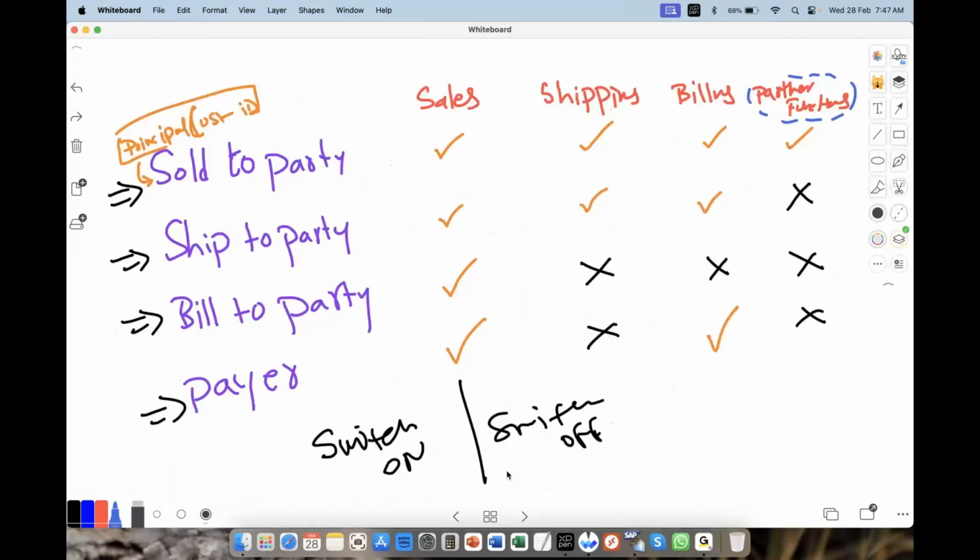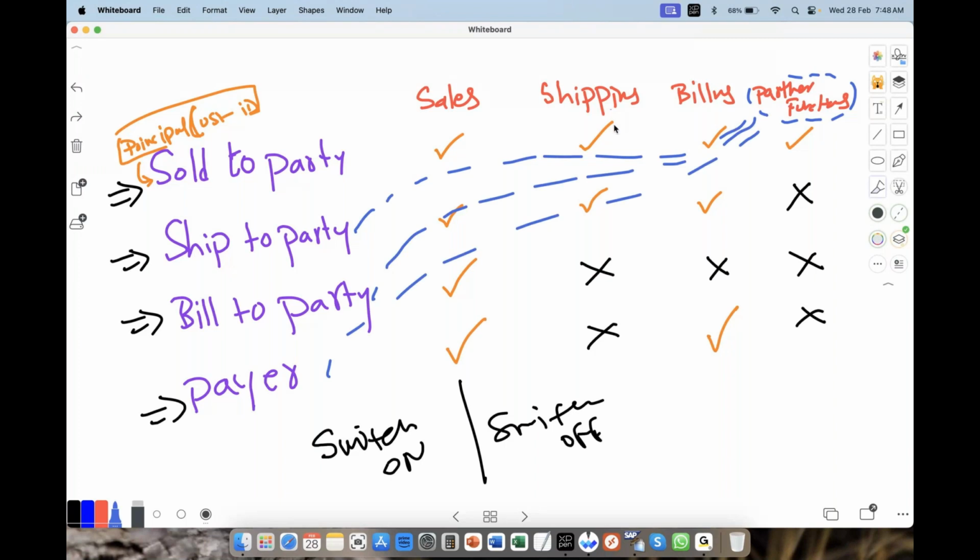so partner functions express the shipping details tagged in sold party, billing details tagged in sold party, payment details tagged in sold party. So sold party has a ship-to party, sold party has a bill-to party, sold party has a payer,